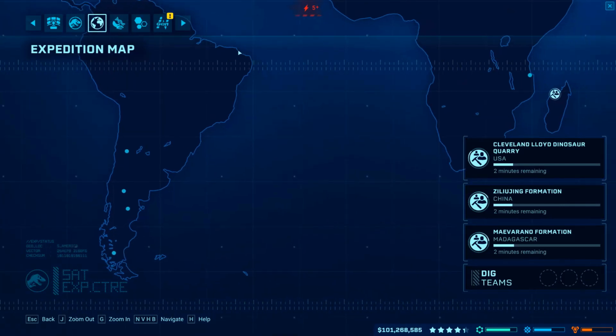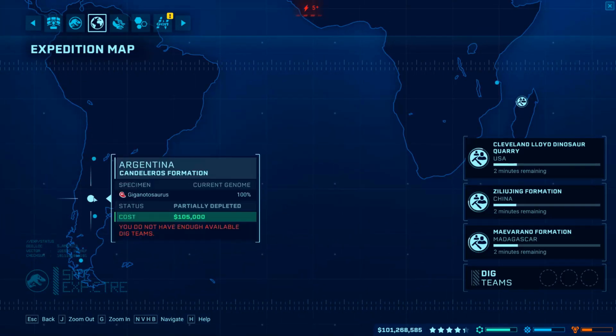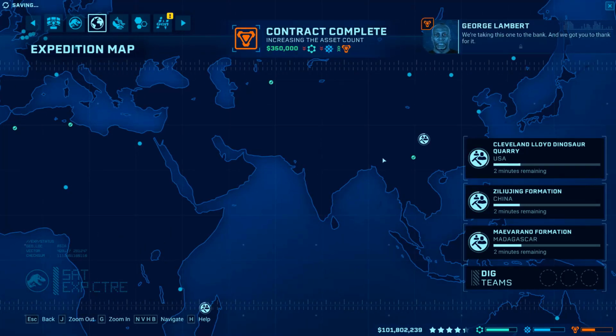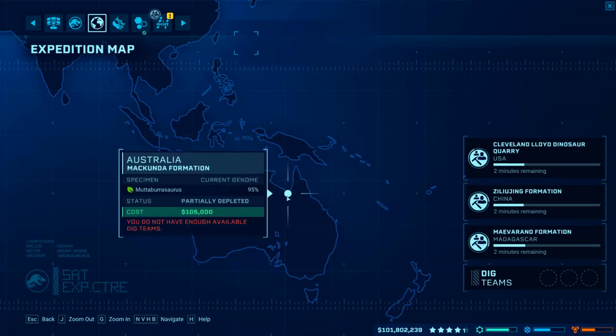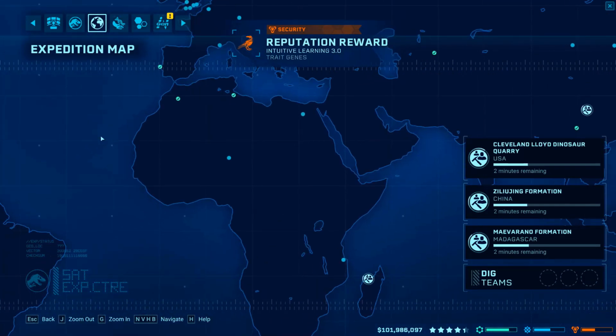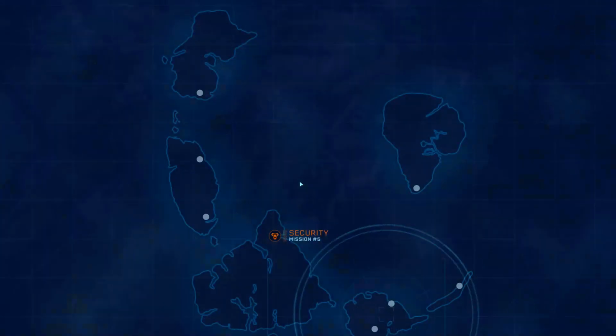Who are the ones that we had on Penna? We didn't use Carnotaurus. We haven't used Giganotosaurus. We haven't used Carcharodontosaurus. We're taking this one to the bank, and we've got you to thank for it. So we'll see. I don't want to have too many more, because otherwise we won't have the space for all